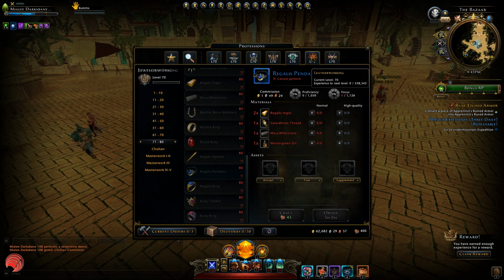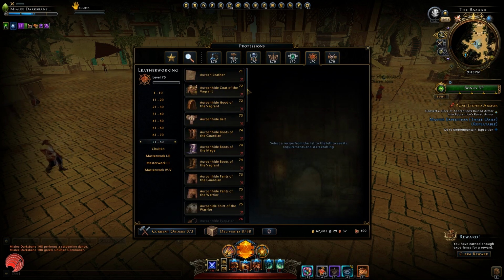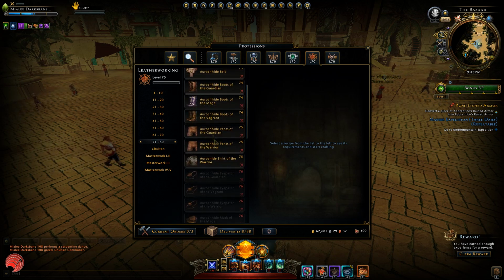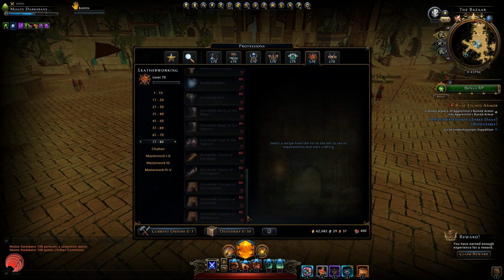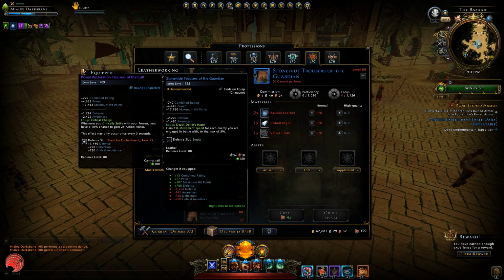Then leatherworking, yes, rank 8, level 80 again. We can have the lower level pants and shirts here, which are also not mapped. I'm missing the guardian shirts, but whatever. We go to the lower levels where we only have pants. We're missing all 3 shirts, and these pants are actually level 80, and they are pretty high item level. Only Protege and the Spy Guild pants are higher, so if you don't have them yet, these might actually be